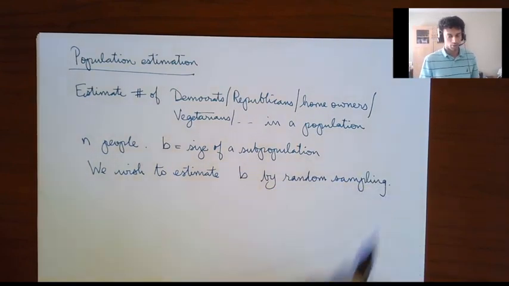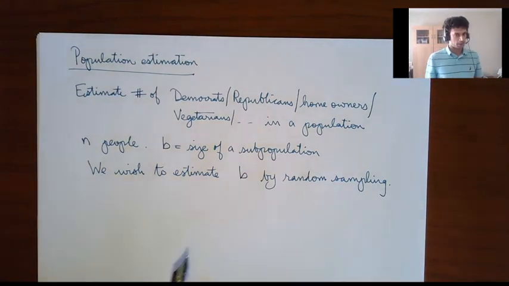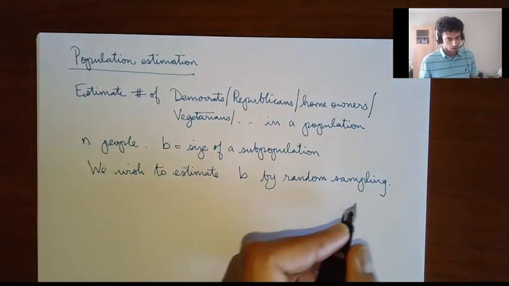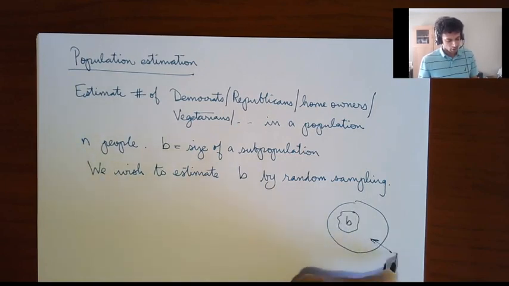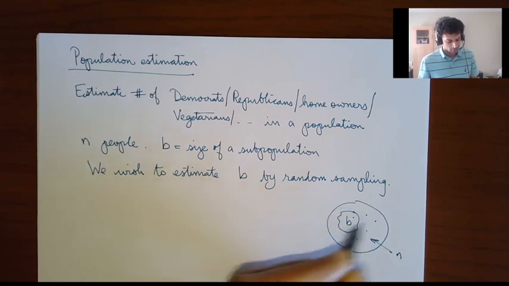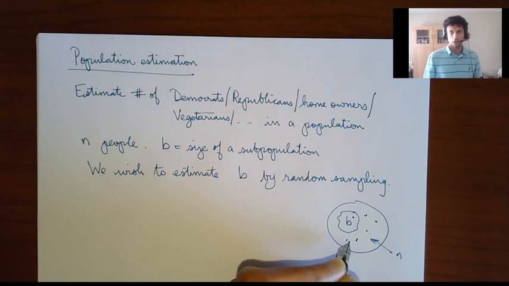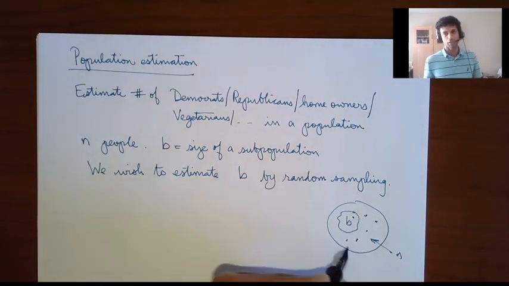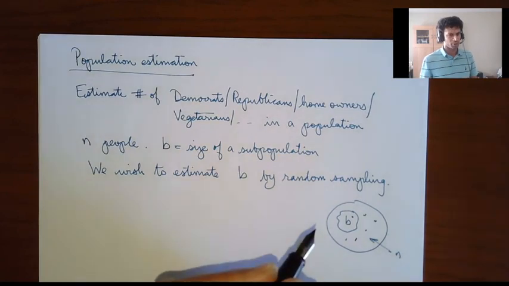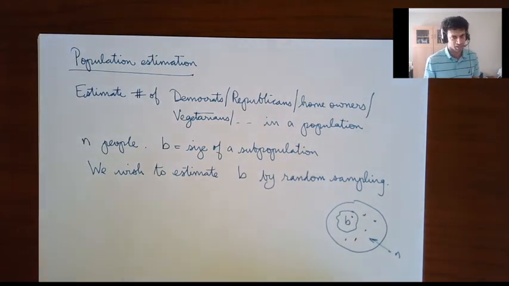So what are we going to do? We are going to sample a bunch of people. Now n is too large. So n is this large population. There's some subset. This is B. This is n. We are going to randomly sample some people, and then we're going to ask each person, are you in B? Are you in this population? Are you in the subpopulation? And use that as an estimate. Let's just assume that everyone tells the truth. So this is your standard